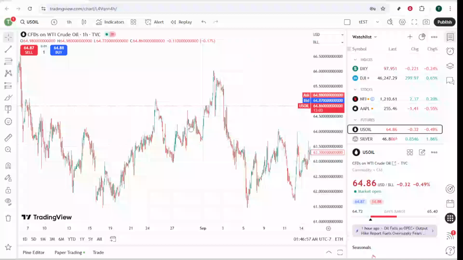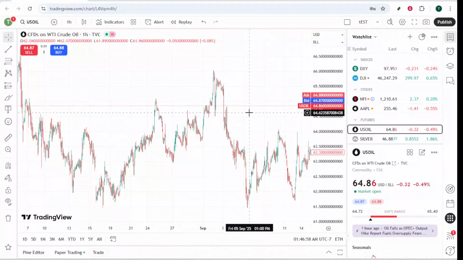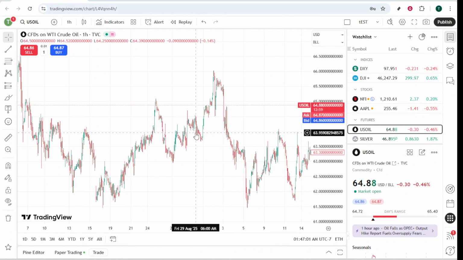In today's video, I'm going to teach you how to get real-time data on TradingView, enabling you to make more informed trading decisions by accessing the latest market information. TradingView provides free accounts with data that may be delayed by a few seconds or even minutes. But if you want real-time updates, you've got two options: purchasing a market data subscription directly from TradingView or using